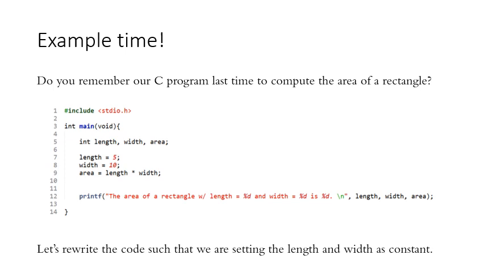Then we assigned values to our length and width, computed the area and stored it in the variable area that we declared. Later on, we printed out the area of a rectangle with length equals 5 and width equals 10, which is equal to 50. So let's rewrite the code such that we are setting the length and the width as